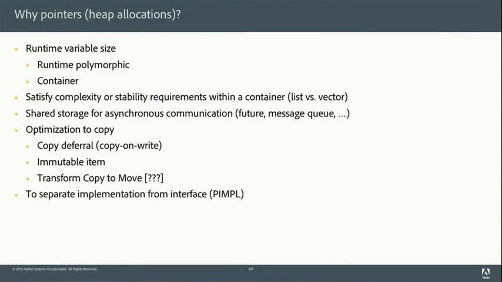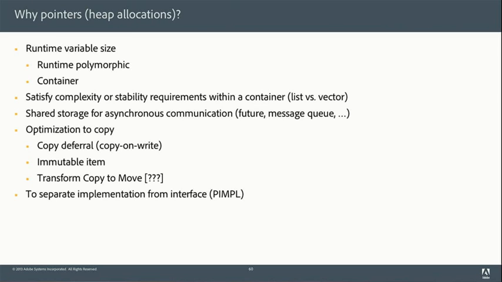We use pointers when we want to optimize copy. We might use them through a copy deferral mechanism, like copy on write, or immutable items. I couldn't come up with a good name for this, but sometimes you have an algorithm that's written in terms of copy, and you really know that it's a permutation.